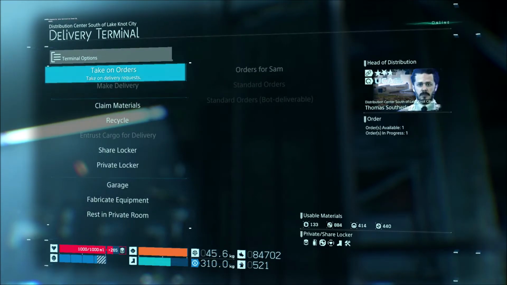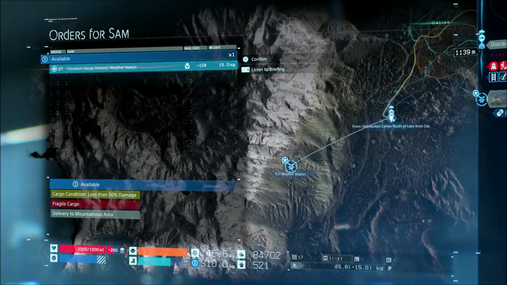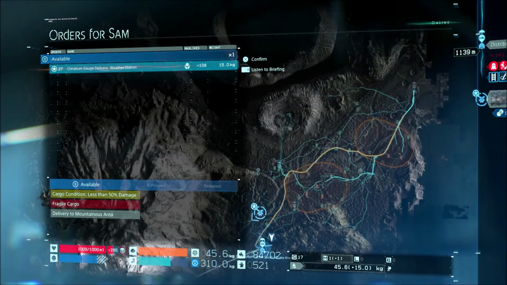So, when is my damn robot gonna finish its delivery? Where do they want me to go next? Yeah, they want me to go to a whole new zone, the weather station, the power station. I got fragile cargo that has to be delivered with less than 50% damage. Although it's actually closer than...